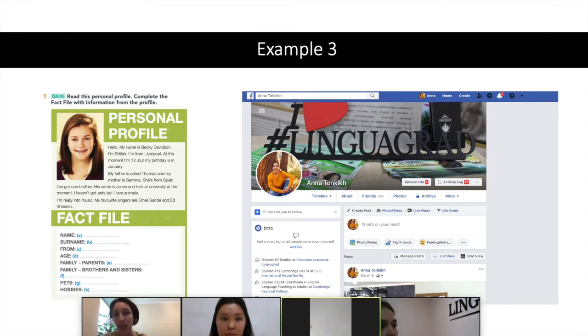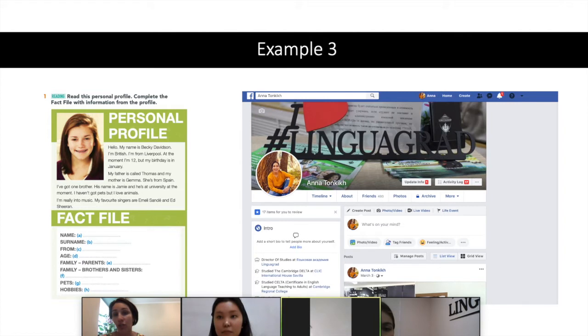Facebook is a very realistic and popular social media. Maybe our students don't use Facebook that much. They prefer using any other Russian social media.